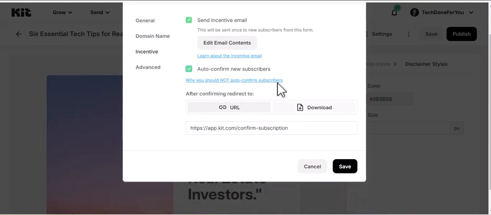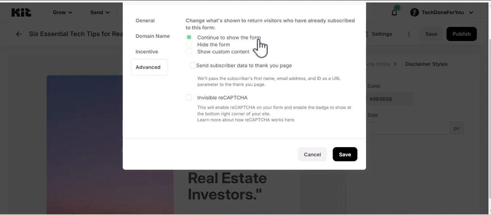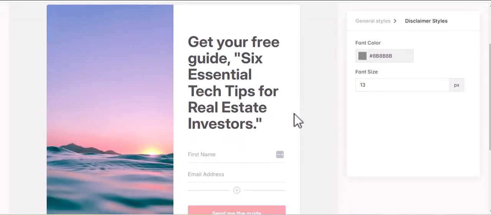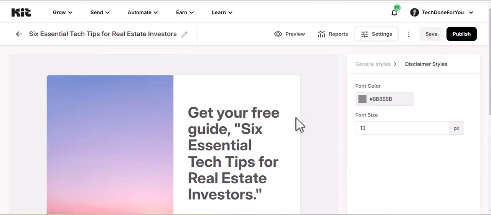So you'll want to check the laws in your country if you're allowed to auto confirm new subscribers or not. It's up to you. So if they're already a subscriber, you could show them a thank you page or continue to show the form. And since I don't have a thank you page ready just yet, I will just continue to show the form. So let's save this,